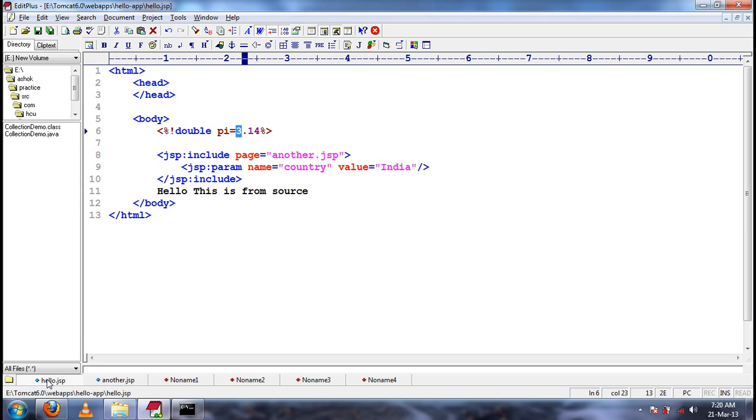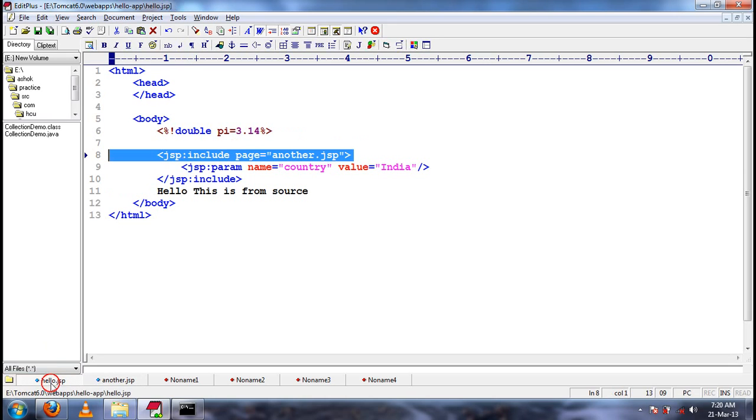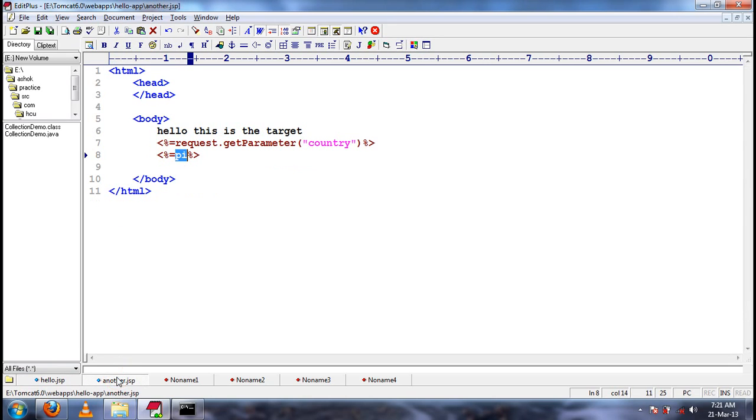I am using action include to include another.jsp, and in another.jsp I am trying to make use of the attribute pi. Is this attribute pi, declared in hello.jsp, available in another.jsp or not?